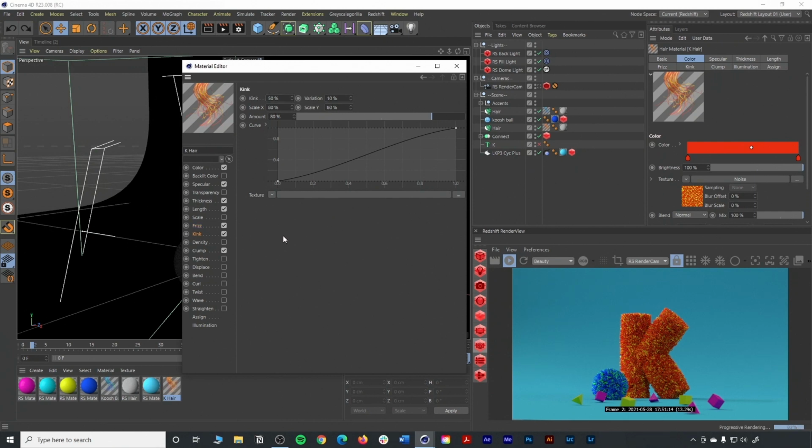The next parameter I played with was the kink effect. And here, all I really did was change the kink effect itself to 50%. I changed the scale to about 80% in both the X and Y axes, and the overall amount I changed to 80%. You'll see that if you crank this up,